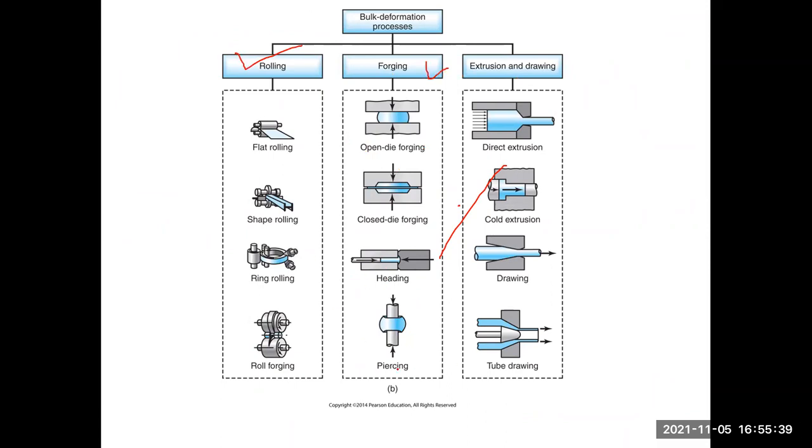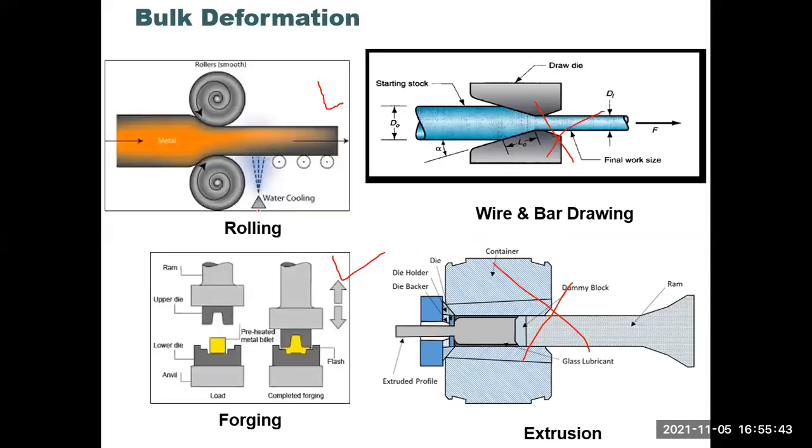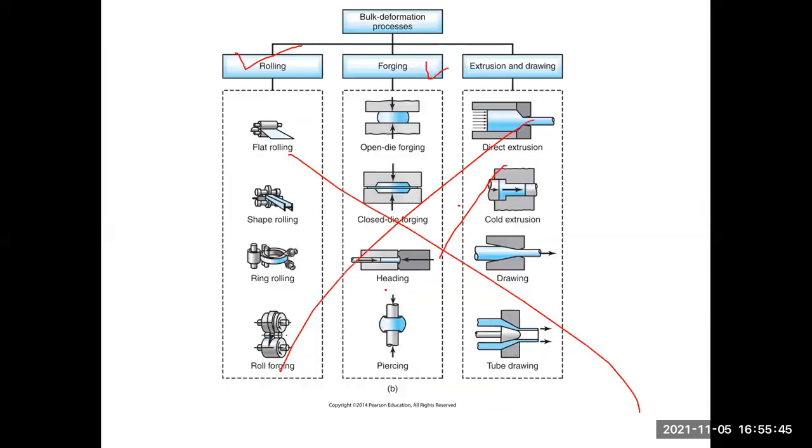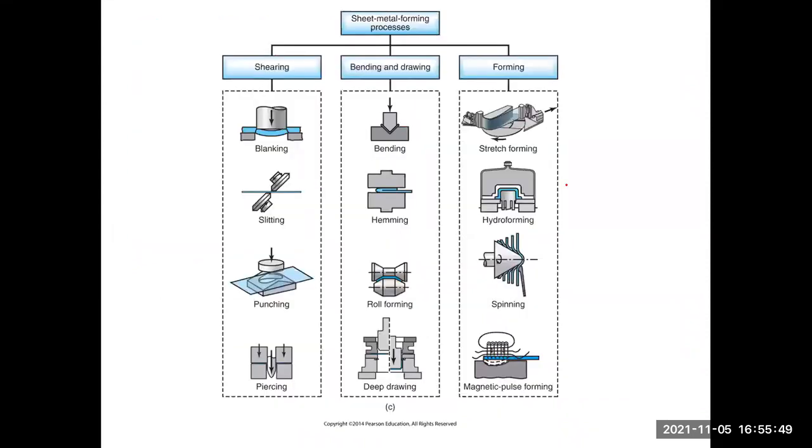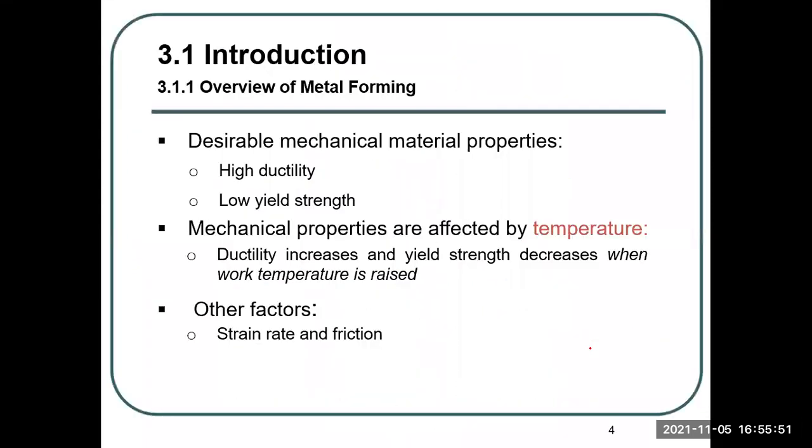I think this is not needed. Okay, so just the one you're familiar with, okay? And this is not needed, and this is not needed, okay? So for the desirable, we said all the desirable mechanical properties are high ductility and low yield